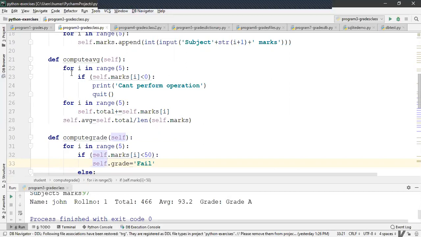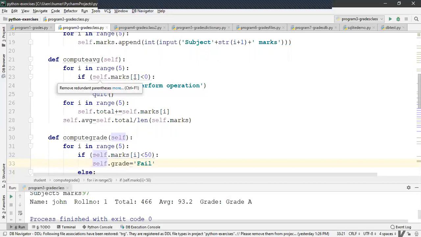In a typical semester exam, negative marking is not very common, whereas for entrance exams, there may be some kind of negative marking. Here we are considering the case in which a student can get 0 or greater than 0. That logic is checked here.